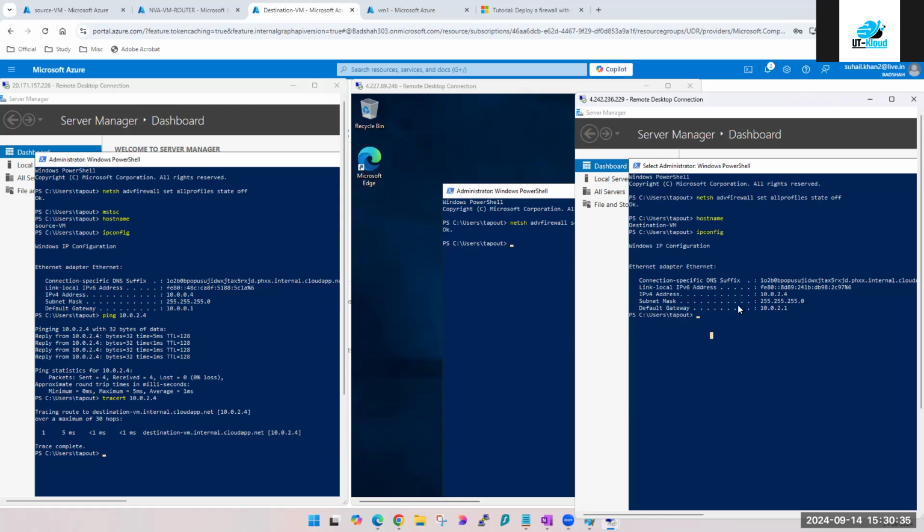Don't get confused, because today is the day when we are going to do UDR, Bastion, and Azure firewall. So if I'm saying firewall, I simply mean firewall, not Azure firewall. Right? So I can control that on the firewall level itself. But I said I have 250 machines. So is it a feasible idea कि मैं सब पे जाकर ये करूं?